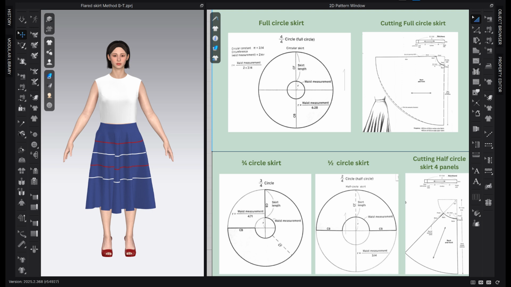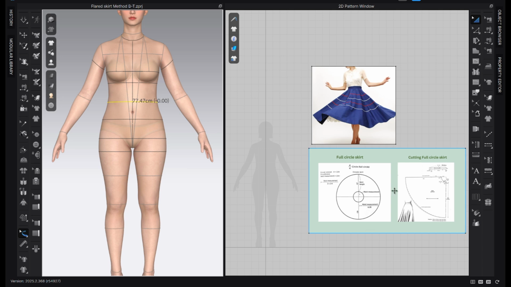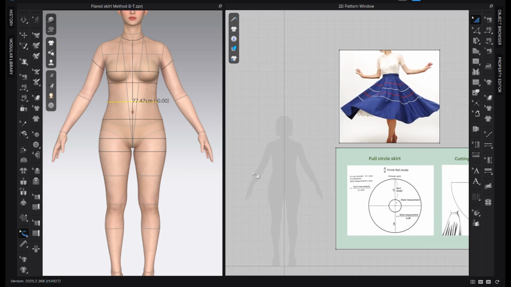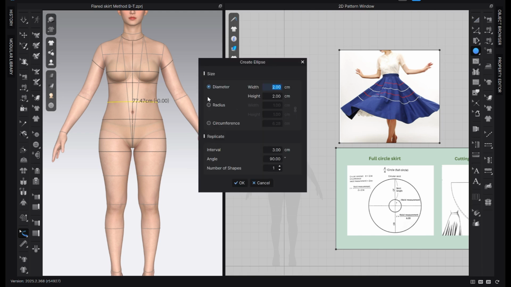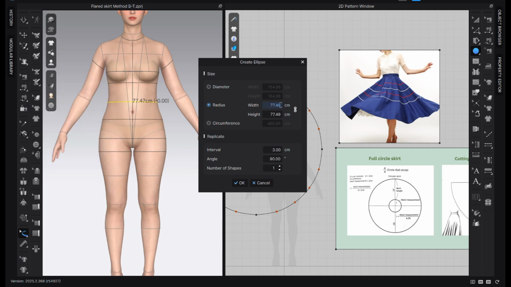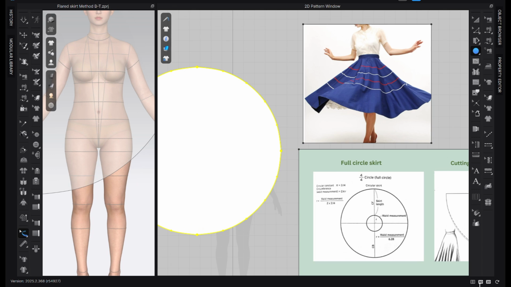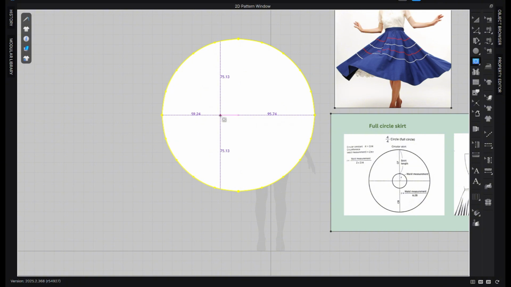So let's start creating the pattern. First, we take the waist measurement from the avatar, add 1 centimeter to it and divide it by 6.28. It gives us 12.48 for the radius of our skirt. Then we add it up with the skirt length, which I have chosen to be 65 centimeters, and I get the number 77.48. So I draw my big circle first with this radius,